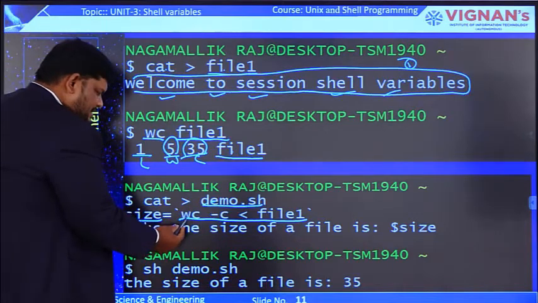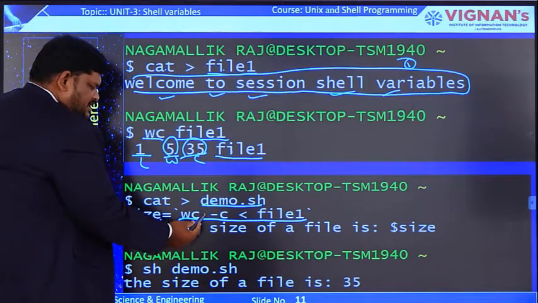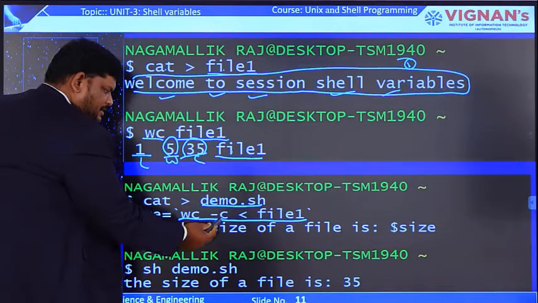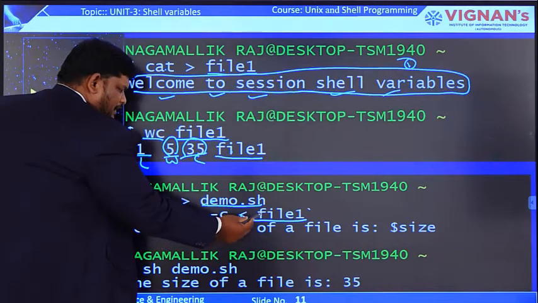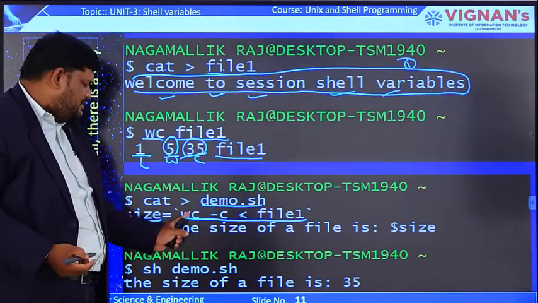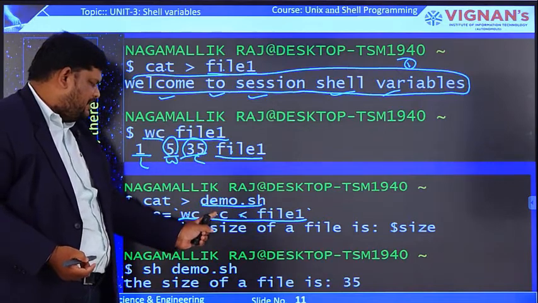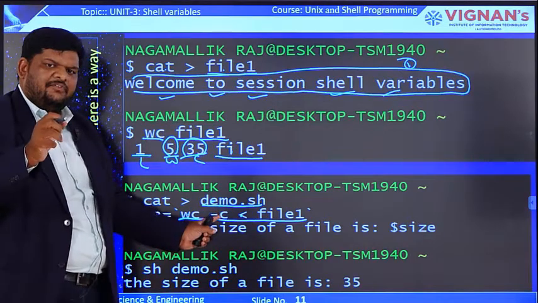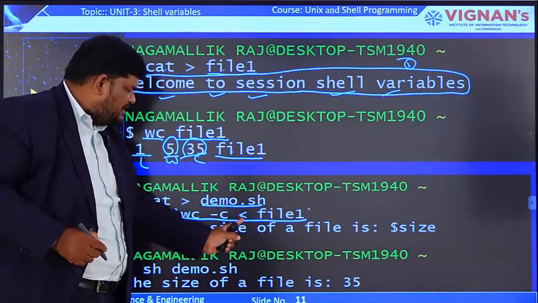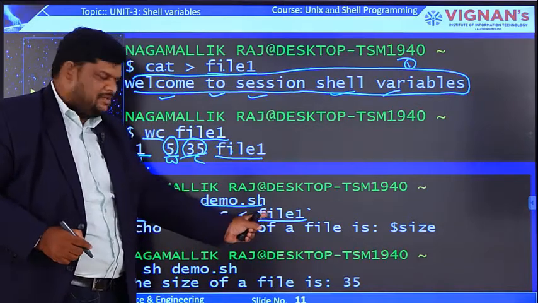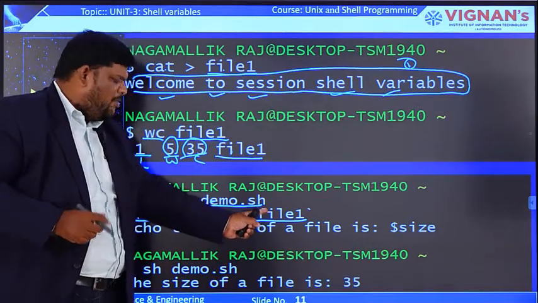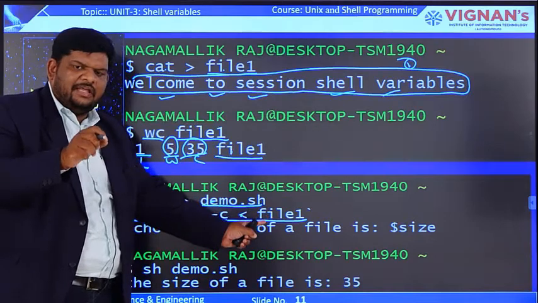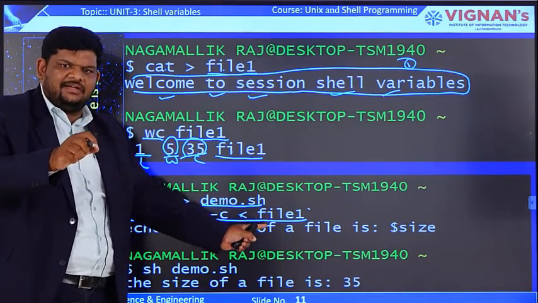Here the syntax is wc space option c less than symbol file1. That means for the wc command we are using option c, that means we need only the number of characters. Through input redirection we are giving file1. So in that file1, how many characters are there? The answer is only how many characters are there.